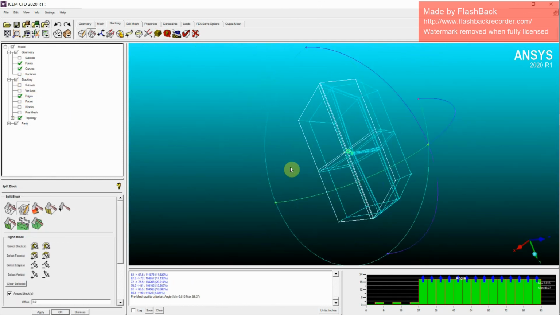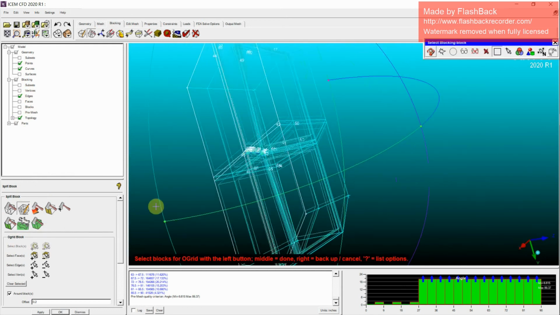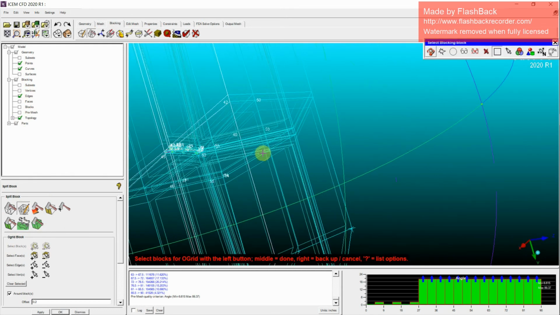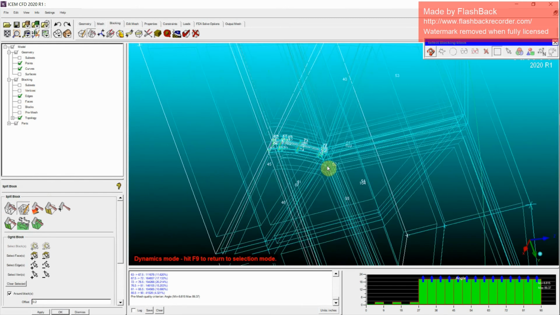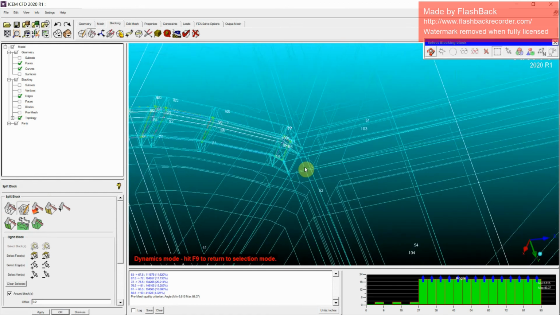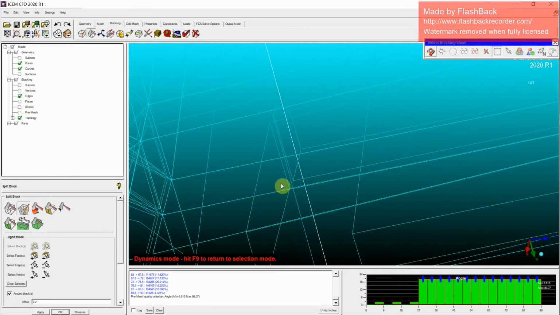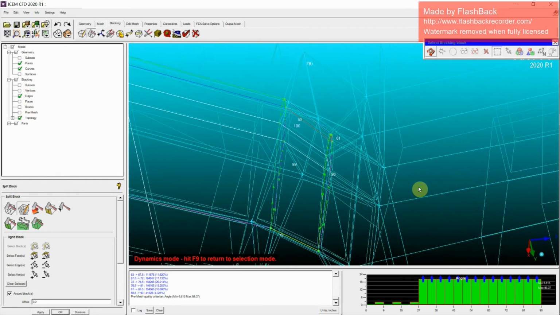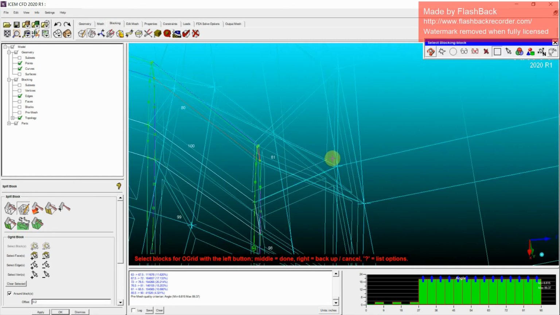To select the block, let me switch on the internal edges, and then we can have a transparent view instead of a solid view. To create that O-grid, we can create it exactly at this point. So this will be our block, not that.